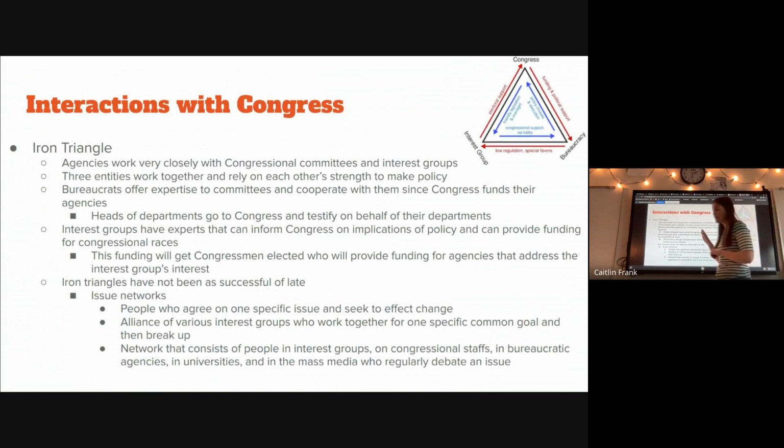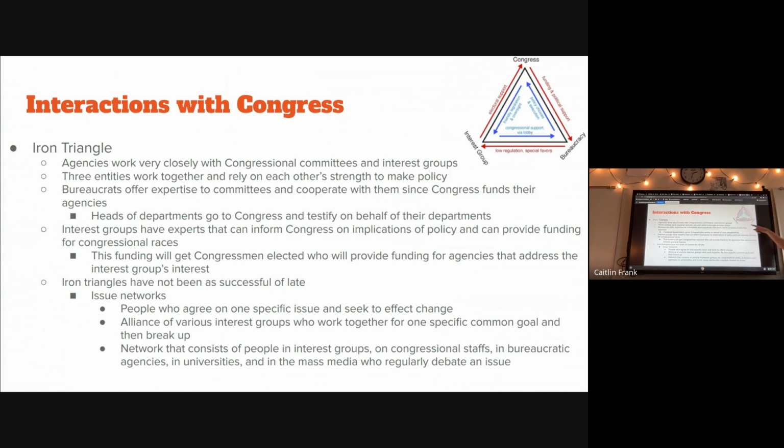With interest groups, I have to mention the Iron Triangle. Very important. I didn't see it in a lot of specific questions, but it is still pretty common and somewhere on the AP exam. This is how interconnected Congress, the bureaucracy, and interest groups are, where they are in a mutually beneficial relationship and also mutually dependent on one another. So for Congress